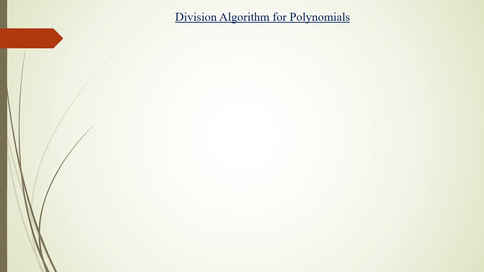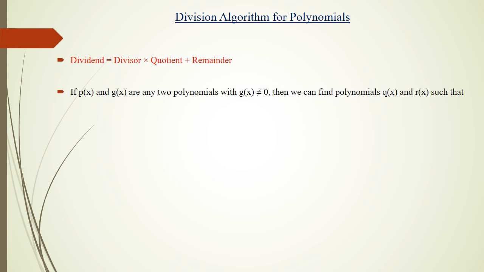This division algorithm you have already studied in real numbers chapters. Division algorithm for polynomials is also going to remain same with little variations. So let us see. Division algorithm will be same as it is, that is the dividend is equal to divisor into quotient plus remainder. If p of x and g of x are any two polynomials where g of x is not equal to 0, then we can find polynomials q of x and r of x